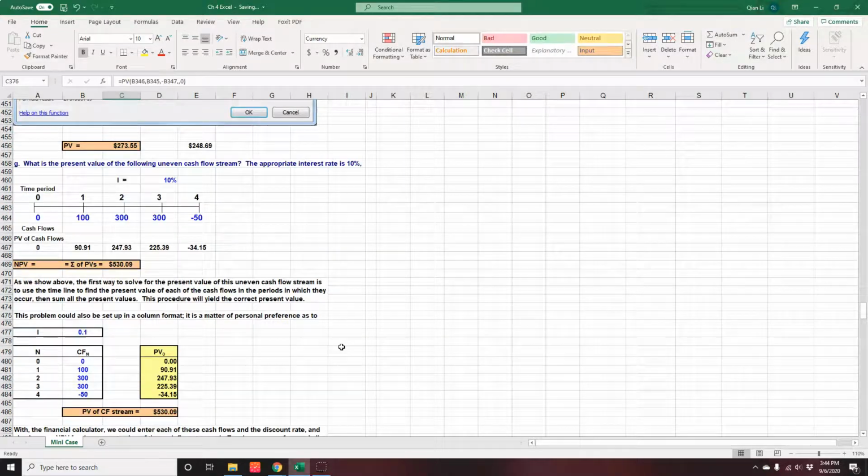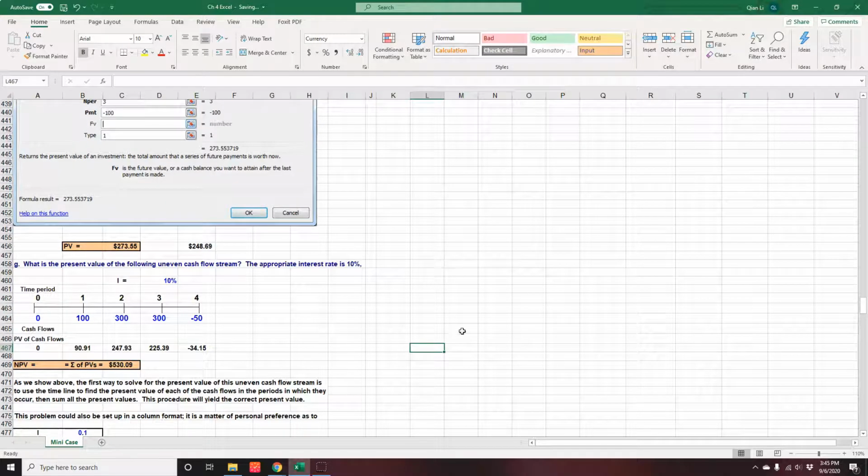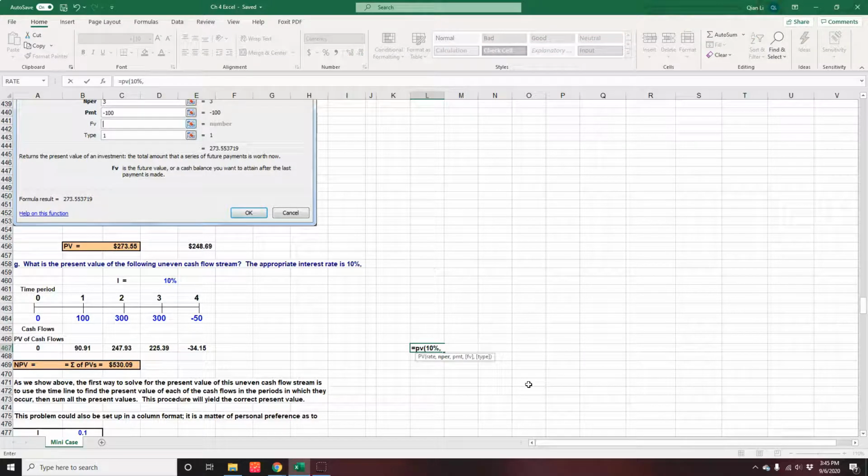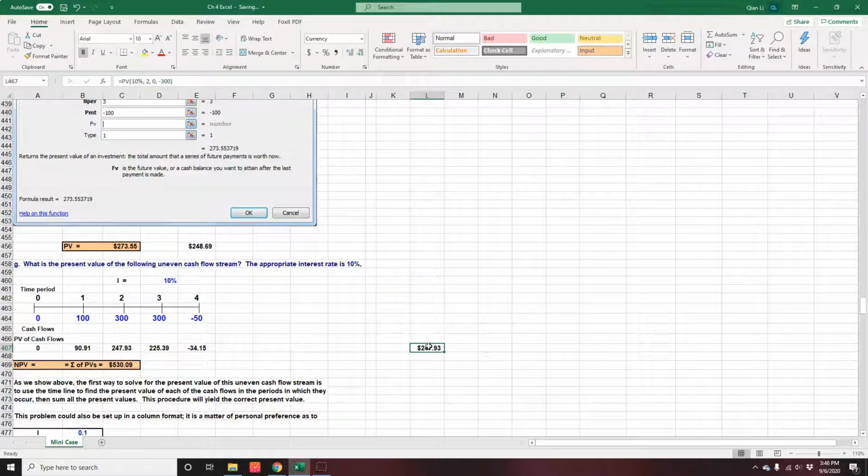Now what if we have uneven cash flows instead of the nice even cash flows in the annuity? So in this case, you have different amounts of cash flows. Well, following the principle, what we can do is calculate the present value of each one independently, or say separately. For example, 247.93 is actually the present value at a 10% discount rate, 2 years, and 0 payments, and a negative 300. So that is if I want to calculate the present value of this $300